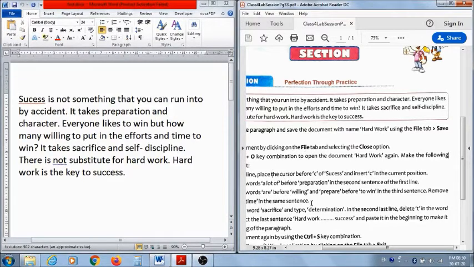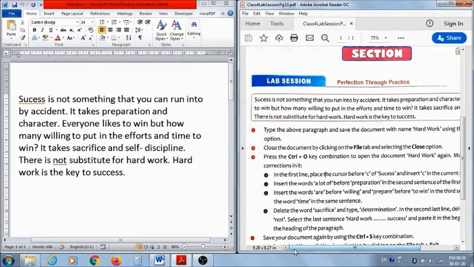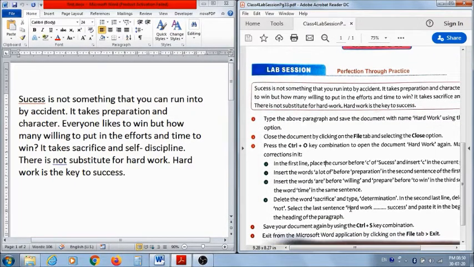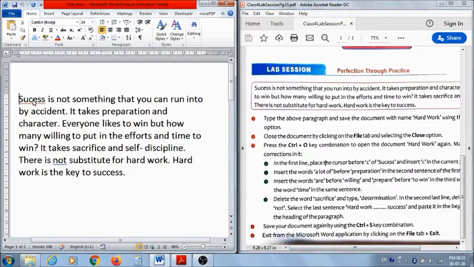Now next, see what the next bullet point is telling you to do. In the first line, place the cursor before C of success and insert C in the current position. Why? The spelling is wrong. So how to place the cursor before C?